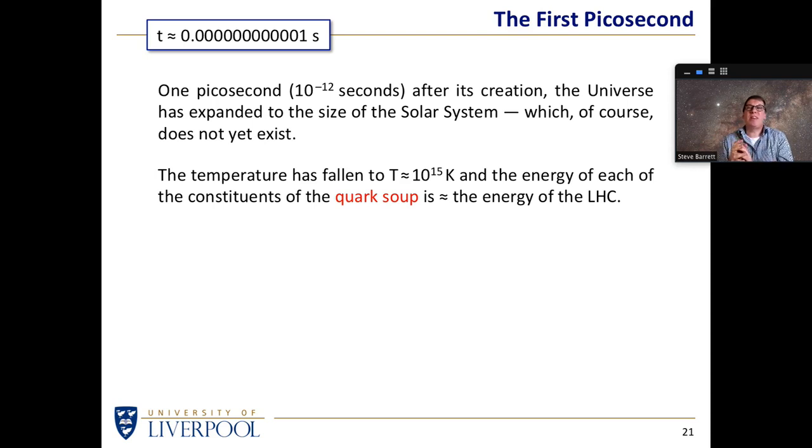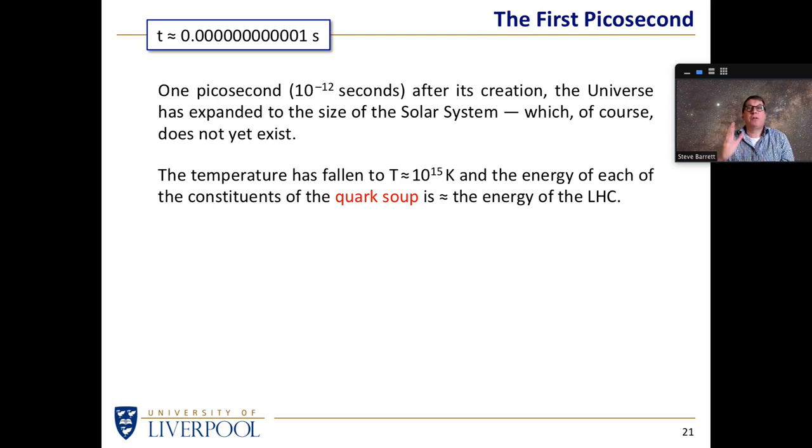And the reason we think we understand from 1 picosecond onwards what's going on is because this is the point at which the amount of energy that each of those particles has in this quark soup is roughly the energy that we can give a particle in a particle accelerator, such as the Large Hadron Collider, for instance. In other words, if we want to test out any ideas about how particles behave when they have this much energy, from now on we can give those particles that much energy in a particle accelerator.